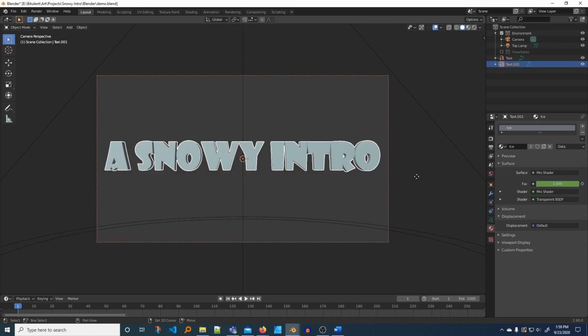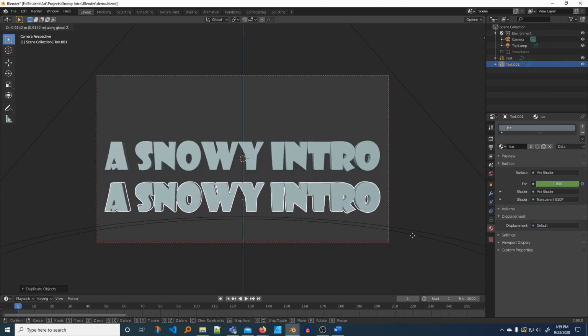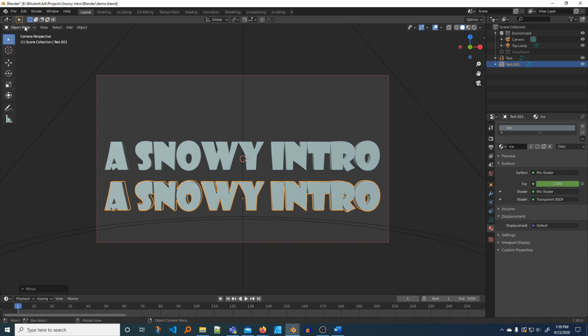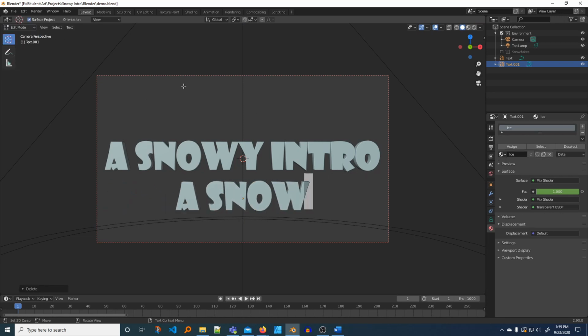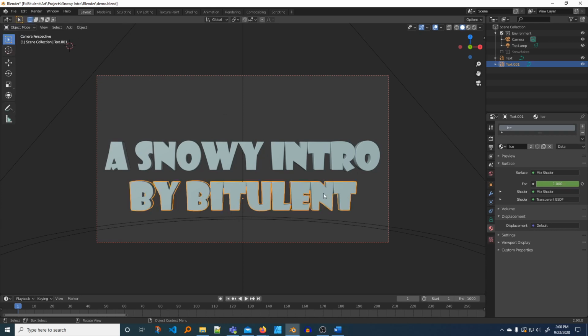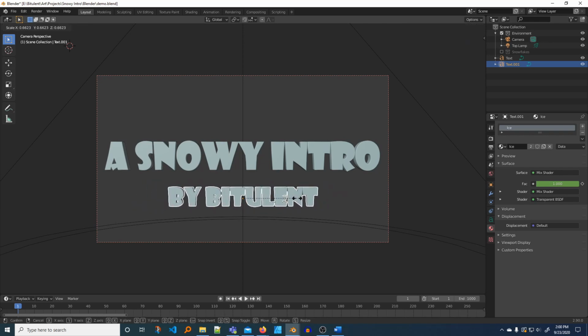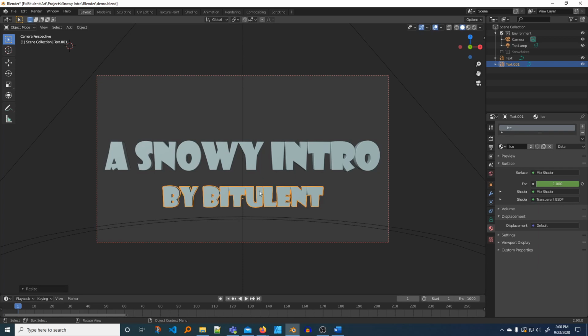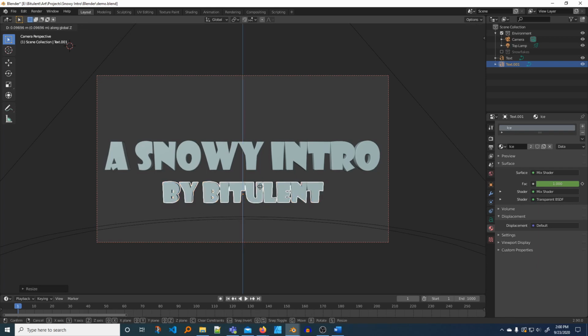So we're going to do Shift D, grab it in the Z, and slide that down. And then go in edit mode and let's change this text. Alright, now what we want to do is go back here, select this, and scale it again, making it slightly smaller, and then we'll grab it in the Z and line it up where